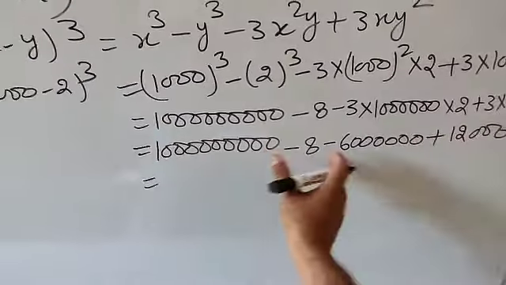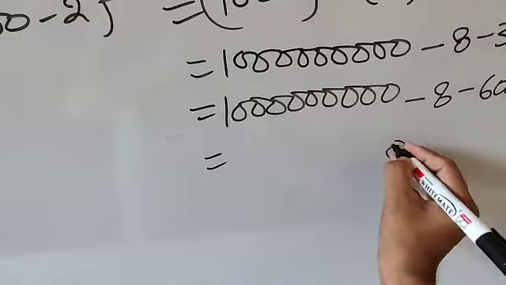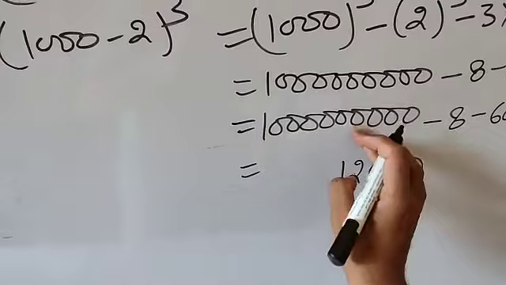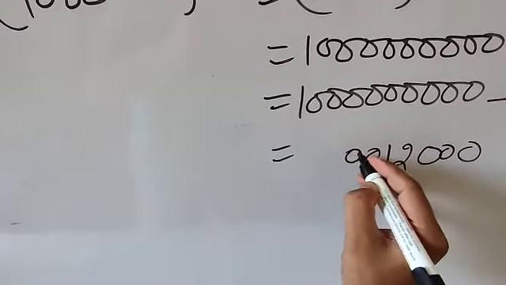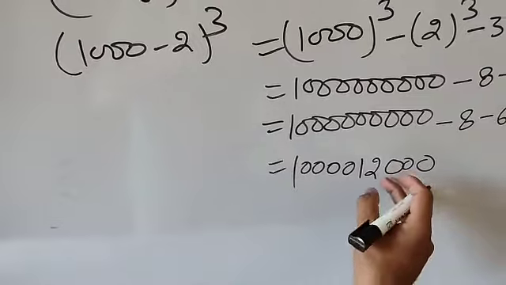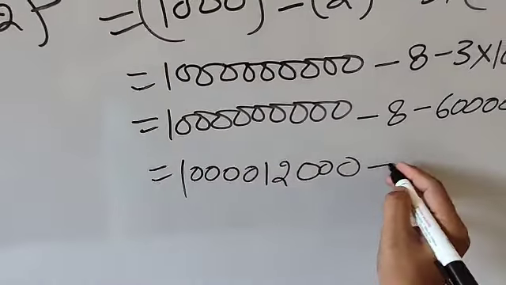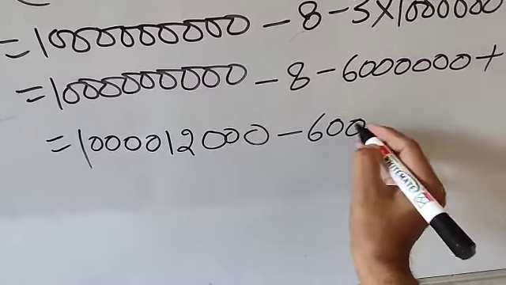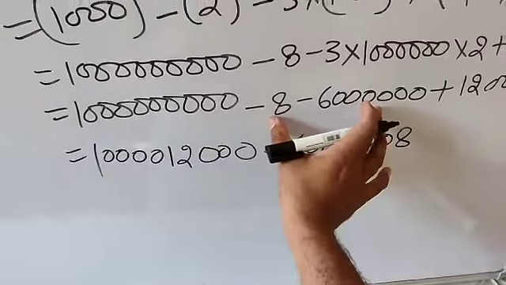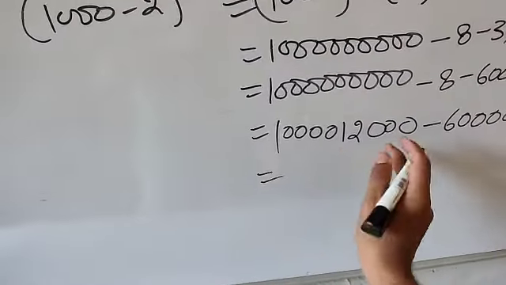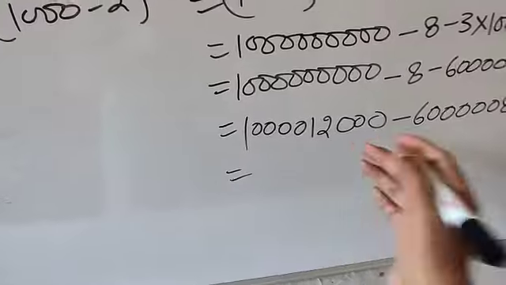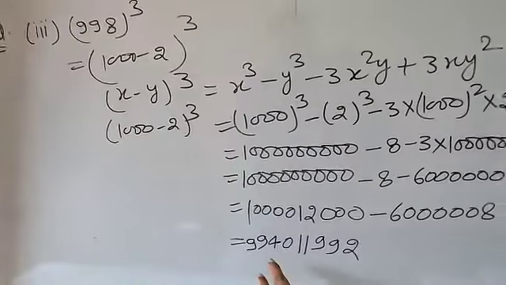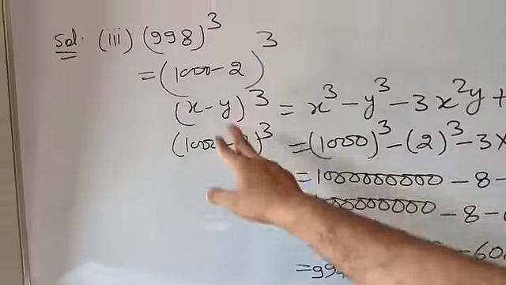So it can be written as 1 2 3 4 5, then 2 4 0 will be there, 1 2 3 4 1. And after that minus, and both are negative, so both will be added together. So 1 2 3 4 5 and 8, so both negative terms are added. Now you need to subtract, then you will get the answer. So if you are going to subtract, you will get, so here I had subtracted that, and after subtraction you are going to get this value. So it is the cube of 998.